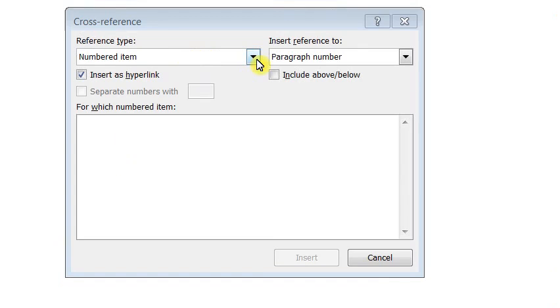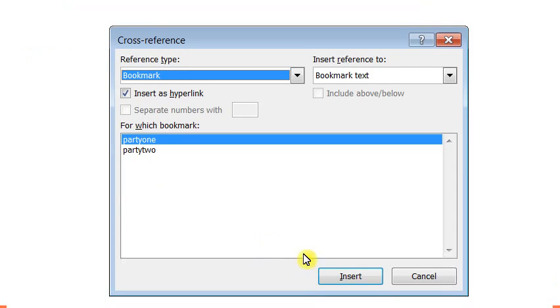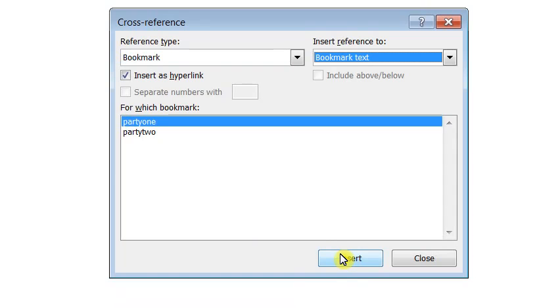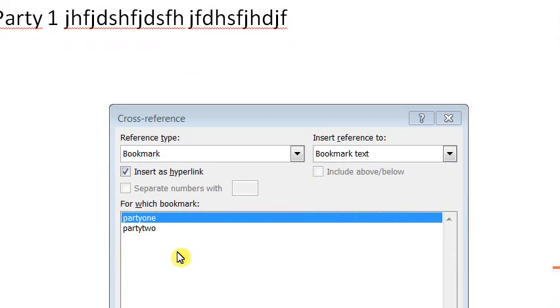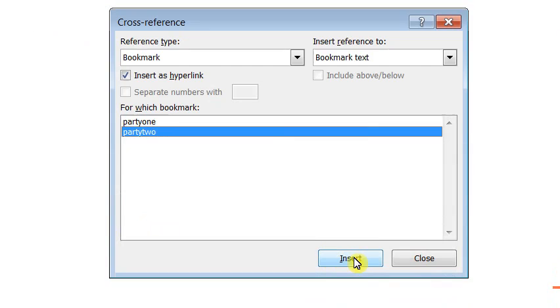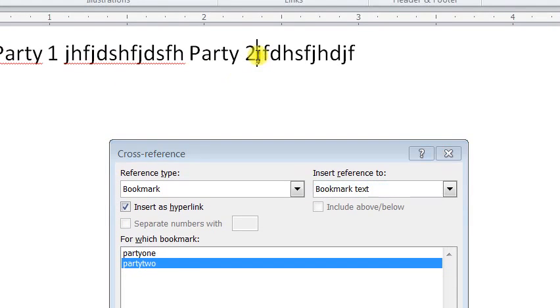And the reference type in this case is Bookmark. So when we click on Bookmark, we see our two bookmarks. This was the bookmark for Party 1. I'm going to insert it, and then I can go here without even closing the window and insert my bookmark for Party 2. Got to fix my spacing,